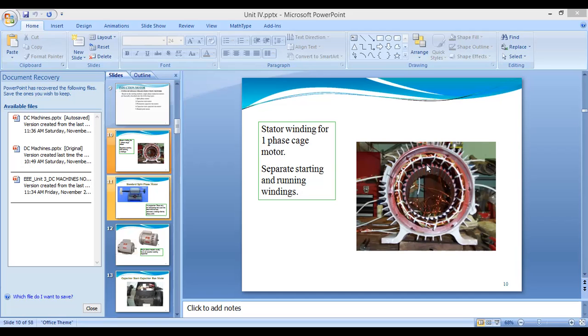So here we are supposed to maintain that heat. We are supposed to reduce that heat. So we will require the air gap for cooling purposes. Here we can say there will be an air gap between the stator and the rotor. And when we give the power supply, due to induction, that energy will transfer from stator to the rotor. And the generated torque